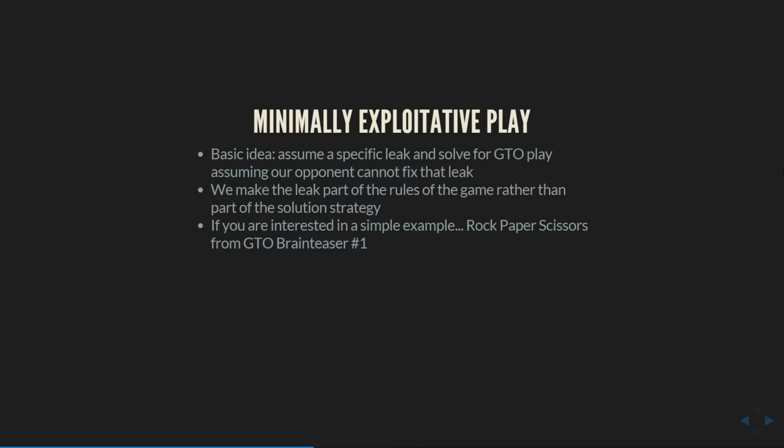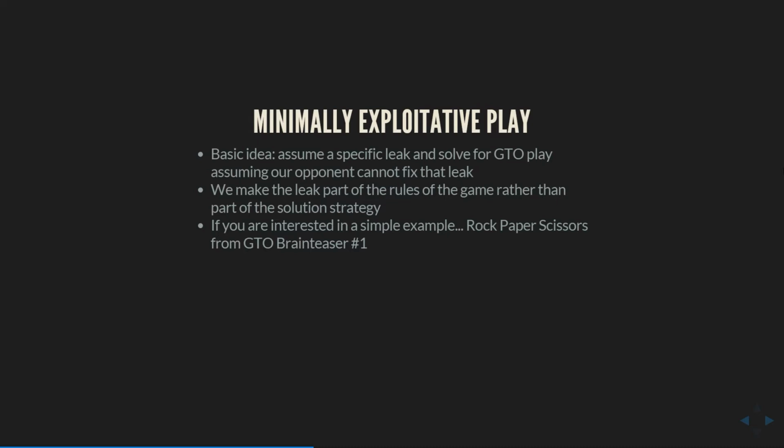And I'm not going to go through the solution in depth here. I'm not going to actually solve it. If you go to my blog, blog.gtorangebuilder.com, and look for the first brain teaser from, I believe, April of last year, you can watch the solution. There's a full video solution on my YouTube channel. There's all sorts of stuff that will explain this in depth. But the key ideas I do want to highlight here are to really understand the differences between maximally exploitative play and minimally exploited play in a case like this. So maximally exploited play